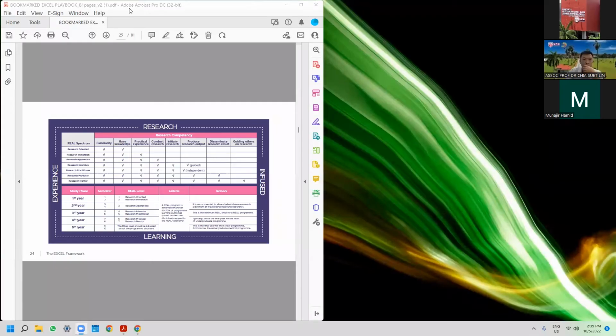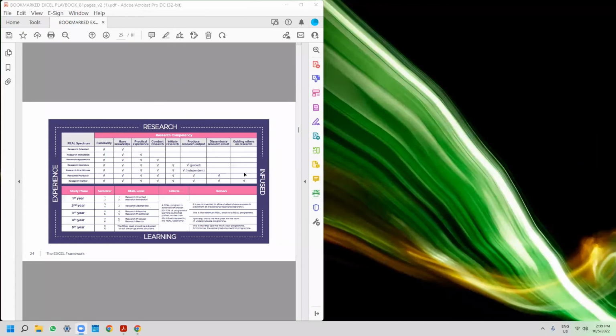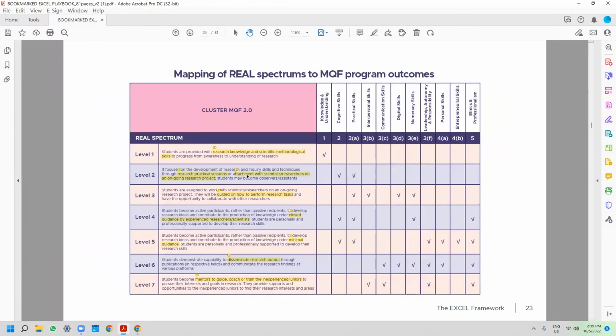Dr. Eddie, I have a question on the percentage, the 50 to 70% of the PLO. Can you show that slide again? I'm just trying to understand the mapping again. So should we map our program learning outcome? So yeah, that is one of the questions that we always ask,